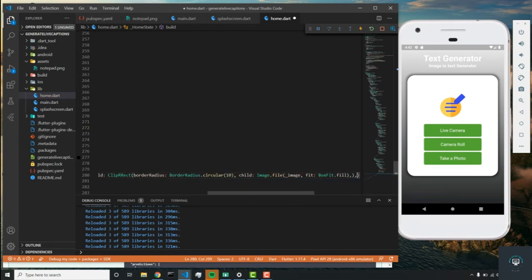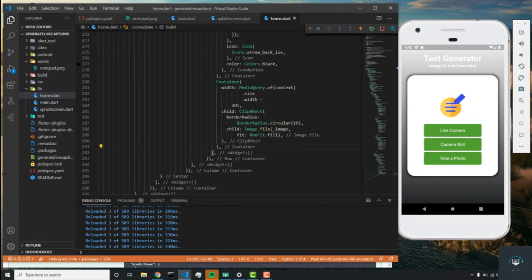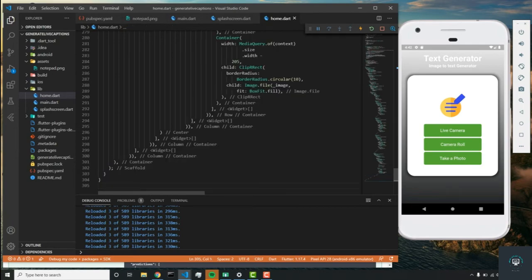All right, beautiful. So now we are displaying the image. Now the next thing we need to do is return the result text. So in order to do that, let's add a new child, and this is going to be after the row widget, row and container widget. So right here, so right here